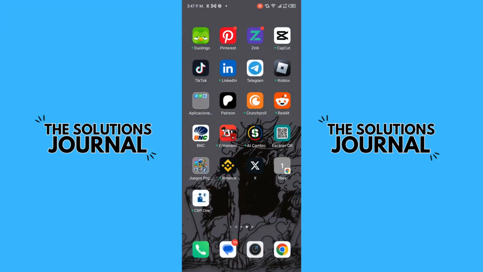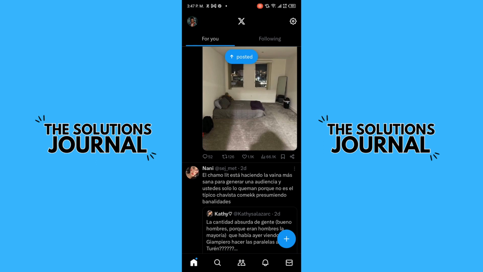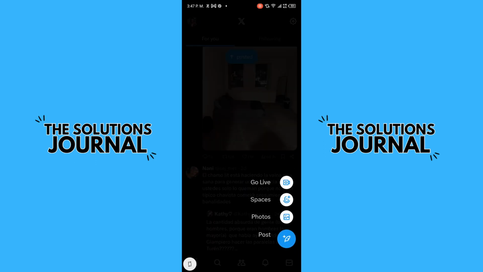Today we will learn how to use your own hashtags on X, on Twitter. And the first step is go to the application of Twitter. And here in your feed, you need to go to this blue button here. This button gives you